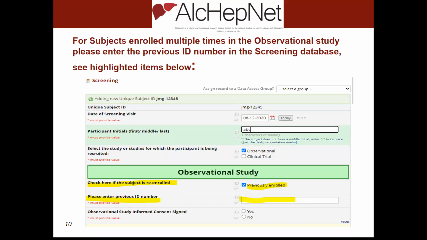Right. Or we could have heavy drinkers that are developing alcoholic hepatitis. So now they become a new participant, if they want to. I know it's a bit different than most studies we have, but that is a possibility, and we've had that in the past, I believe in the TREAT study.